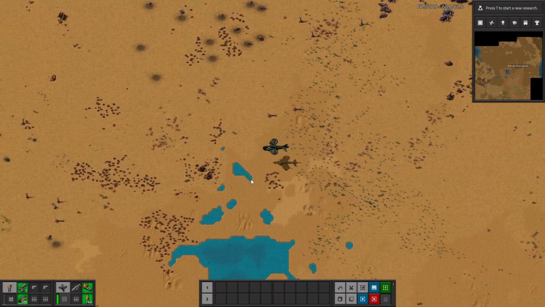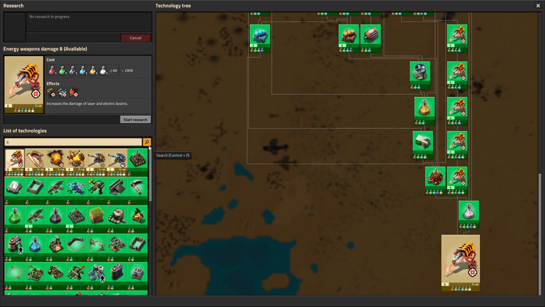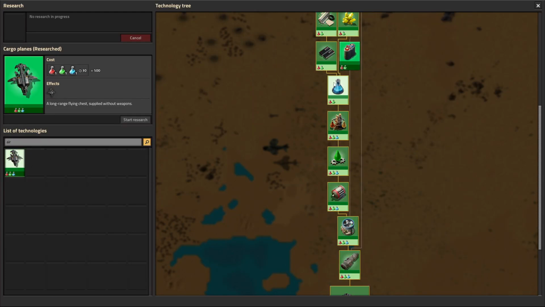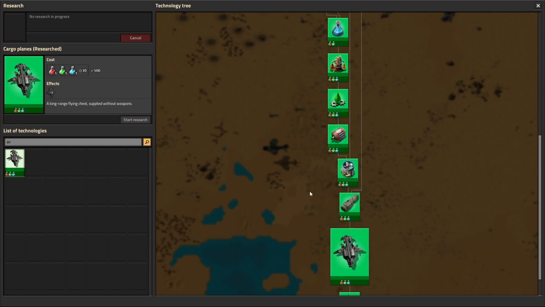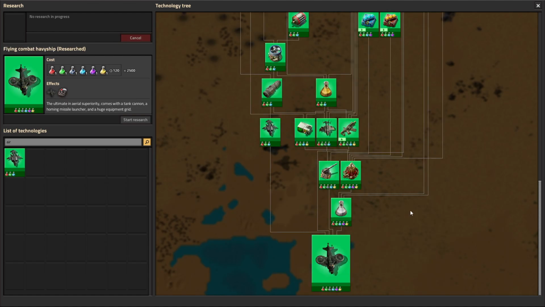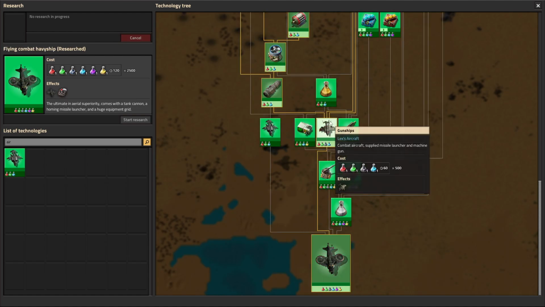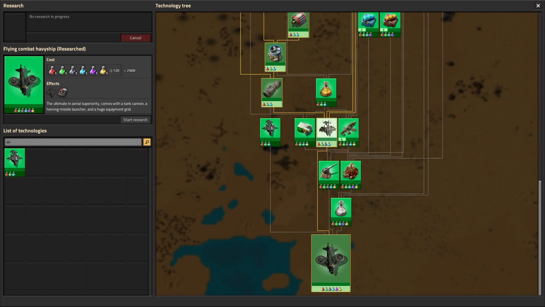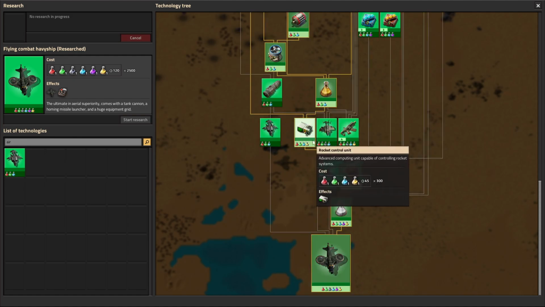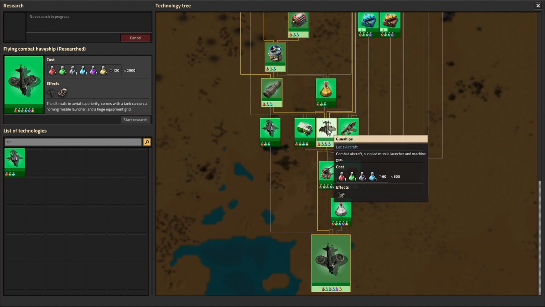Now let's look at the tech here. So if we look at the tech, we have the cargo planes. The tech starts up here at robotics, and then you go to jet engine, which then gets you the cargo planes, and also the heavy combat ship, and then the gunship tech actually comes after yellow science. So even the basic gunship that I showed, the first one,